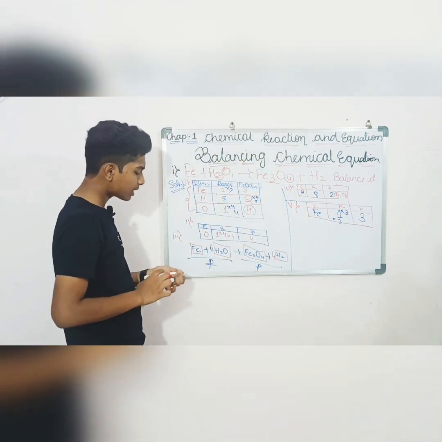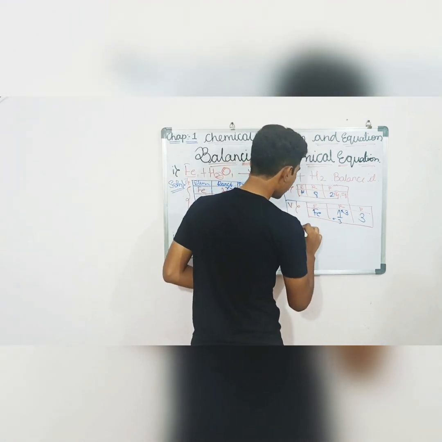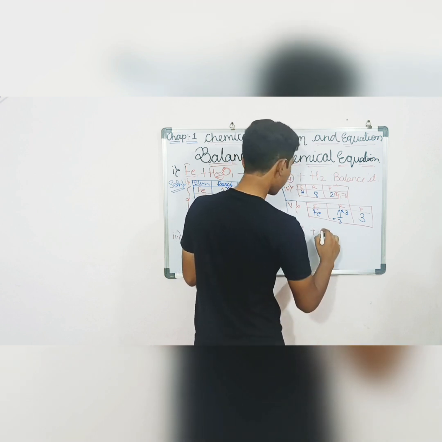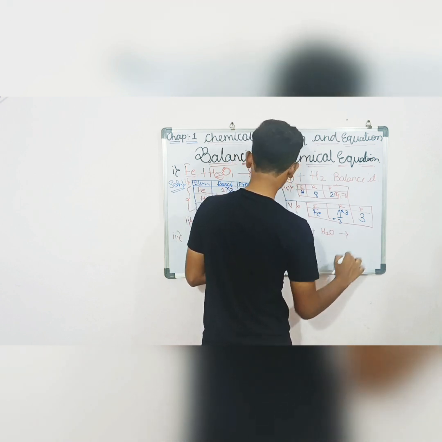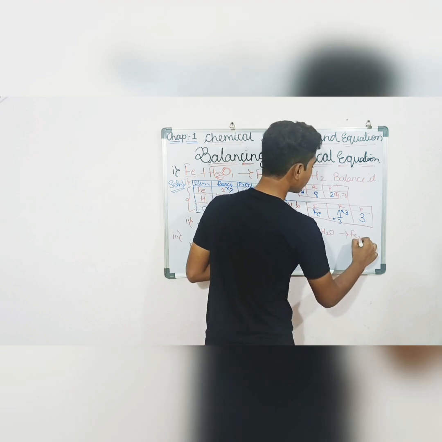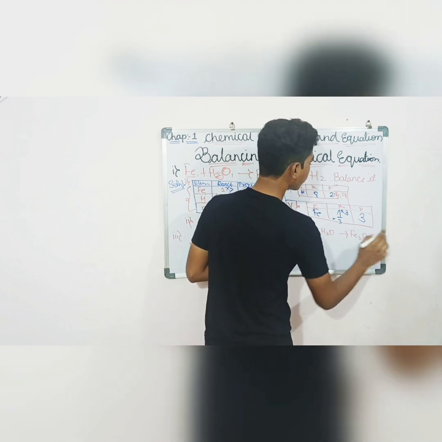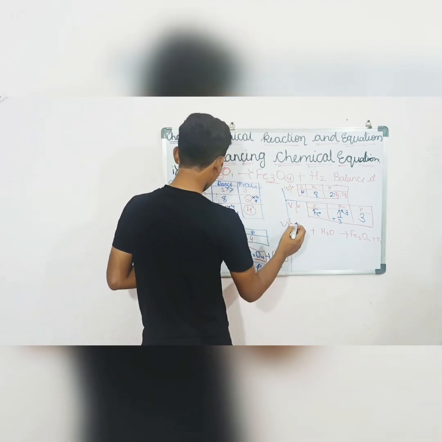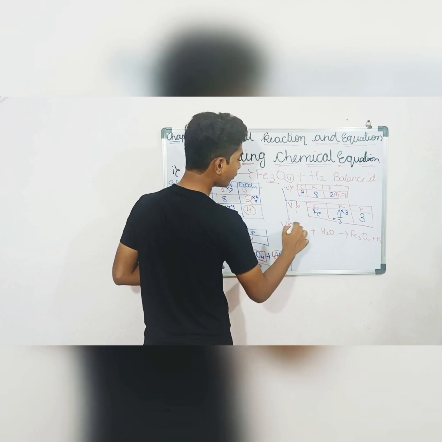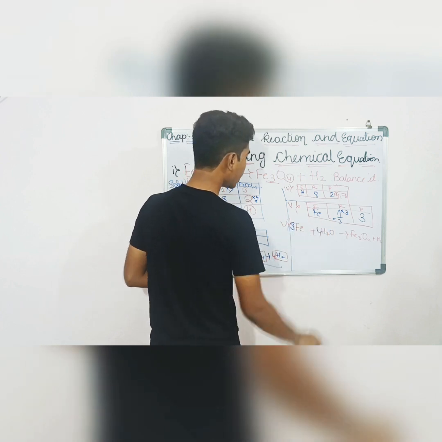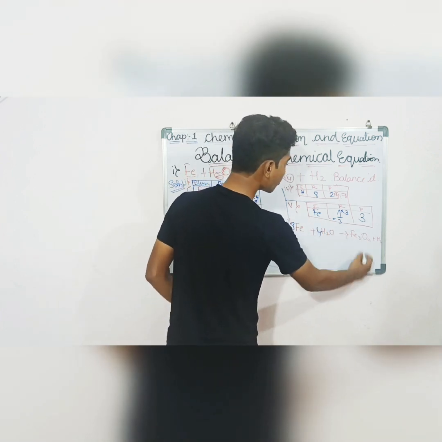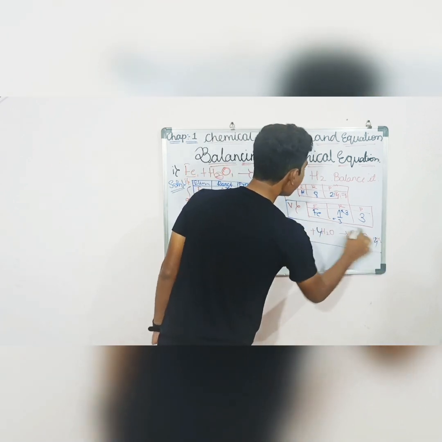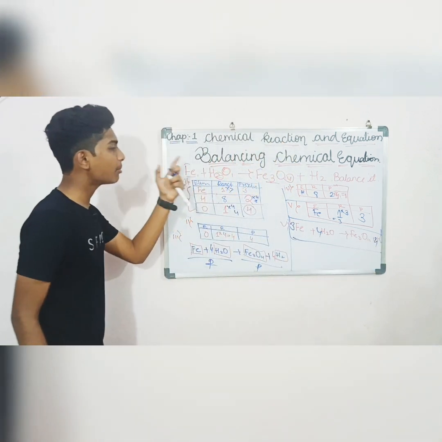Now write down this chemical equation. Fe, this is the 6th step. Fe plus H2O gives Fe3O4 plus H2. Now Fe, we have multiplied Fe with 3, H2O with 4, and we didn't multiply anything at the product side here, so hydrogen we multiplied with 4. This is the balanced chemical equation of this unbalanced chemical equation.